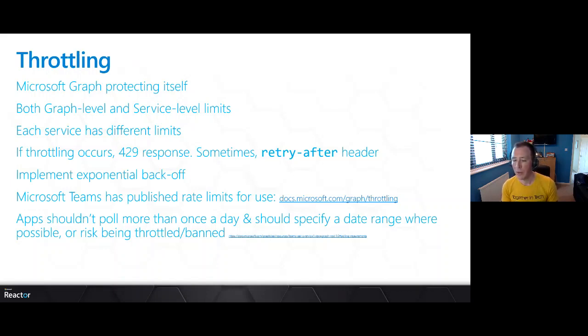The other interesting and important thing to call out is that in their guidance, Microsoft do make some fairly prescriptive rules around polling, and the fact that you shouldn't, and that that's really not a good thing to do. There are better ways to solve that problem, which I'm going to come on to in a minute. If you need to know when stuff changes, don't necessarily think you have to do polling, because there might be better ways of doing it.